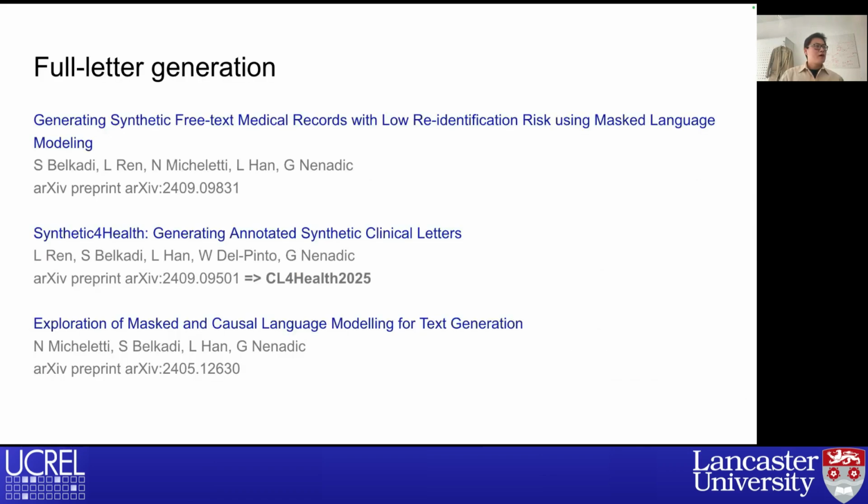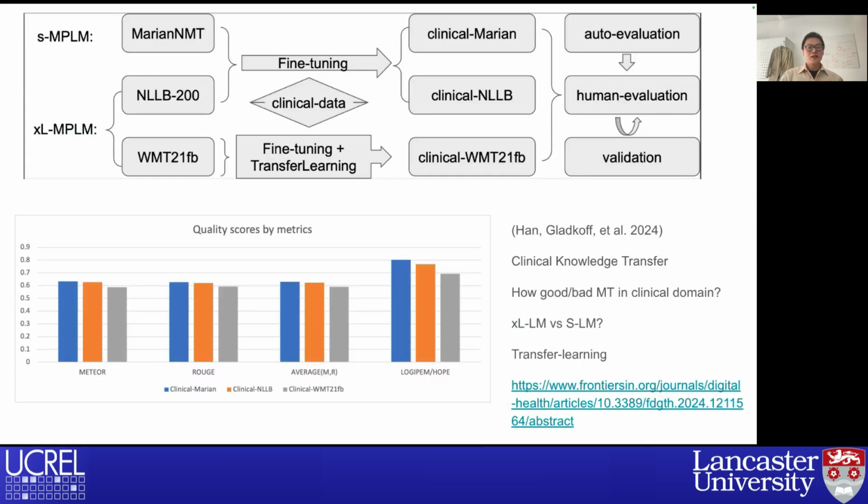So for machine translation of clinical data, we also compared, and this is published in Frontiers in Digital Health. We compared small models, so S, when we buy clothes, we have S, right? Even XS, and there are XL as well. But an extra large language model is costly because of servers and computation power. We want to know how big the difference is between extra large language models and small language models in machine translation for the clinical domain. So we fine-tuned a small model.